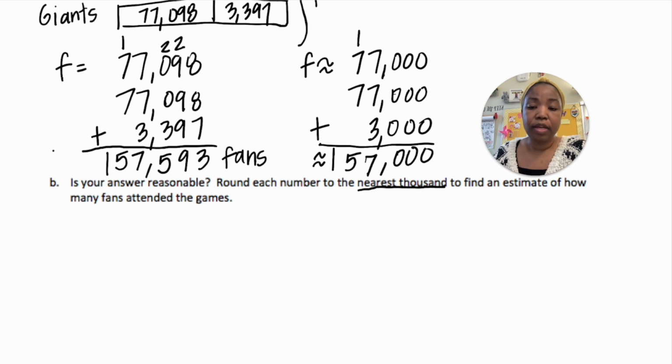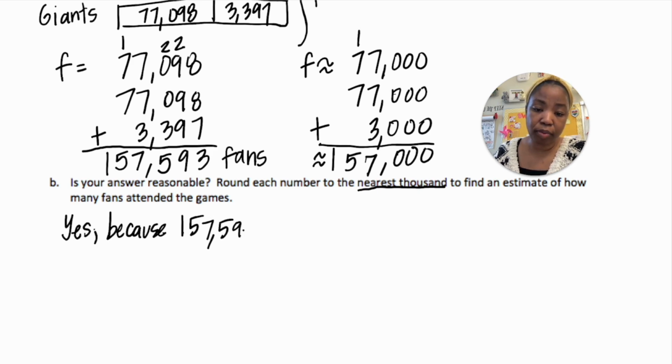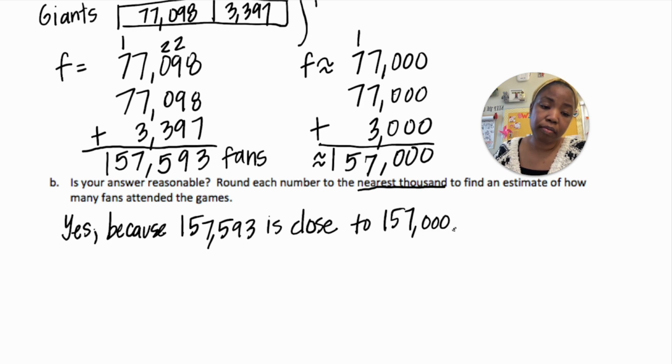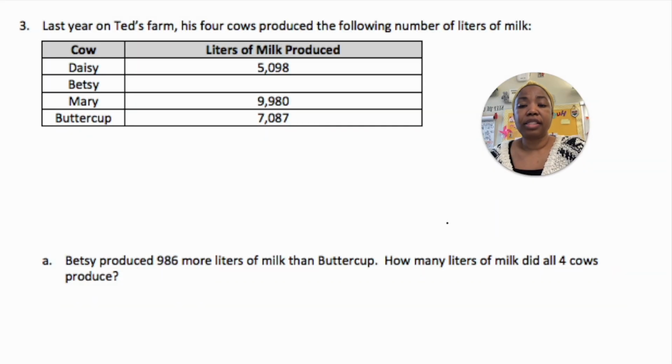Very close. So we could say that yes, our answer is reasonable, because 157,593 is close to the estimate of 157,000. Last year, on Ted's farm, his 4 cows produced the following number